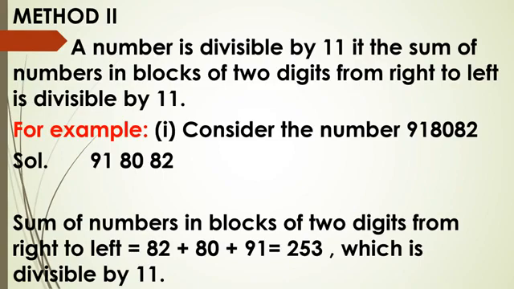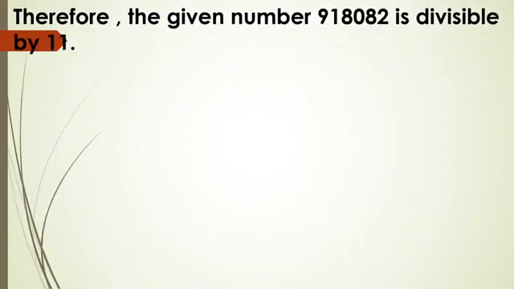And if you don't know whether 253 is divisible by 11 or not, then you can repeat the same process again also. Now again divide this 253 into groups of 2, starting from the ones place. Ones and tens place will make one group, that is 53, and 2 will remain alone. So 53 plus 2 is 55. So 55 is divisible by 11, that we all know. Out of these two methods, you can follow any one method which you feel easy.